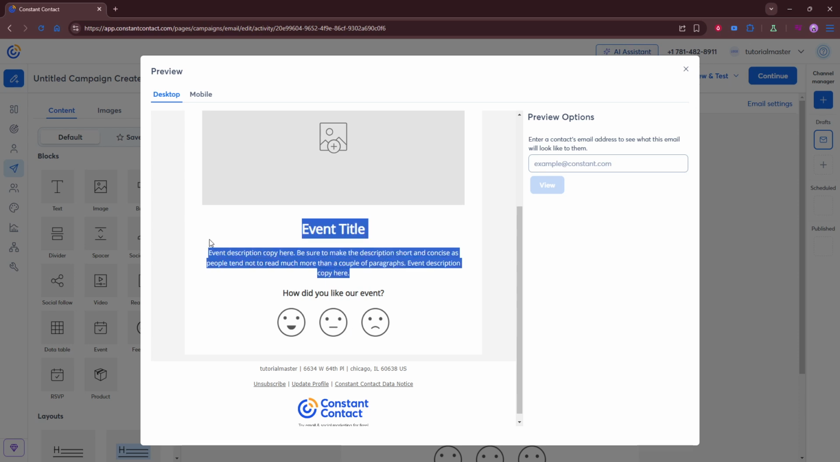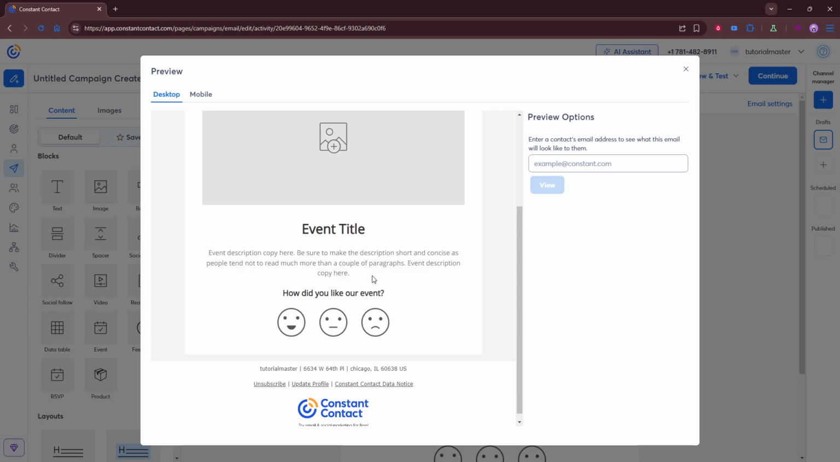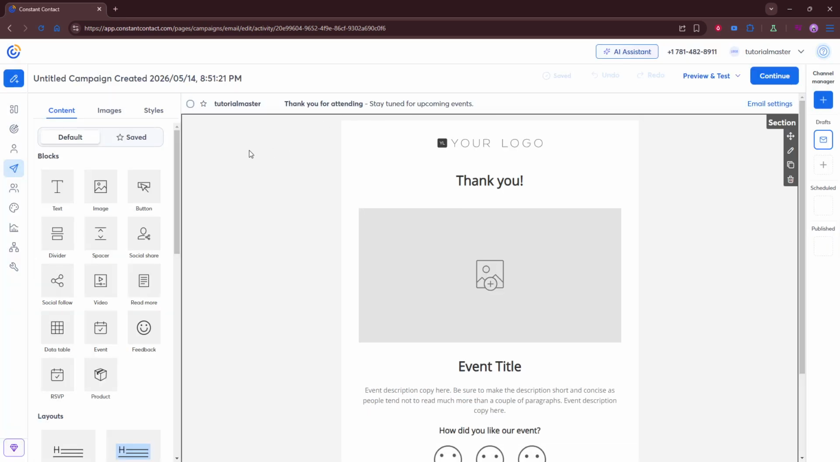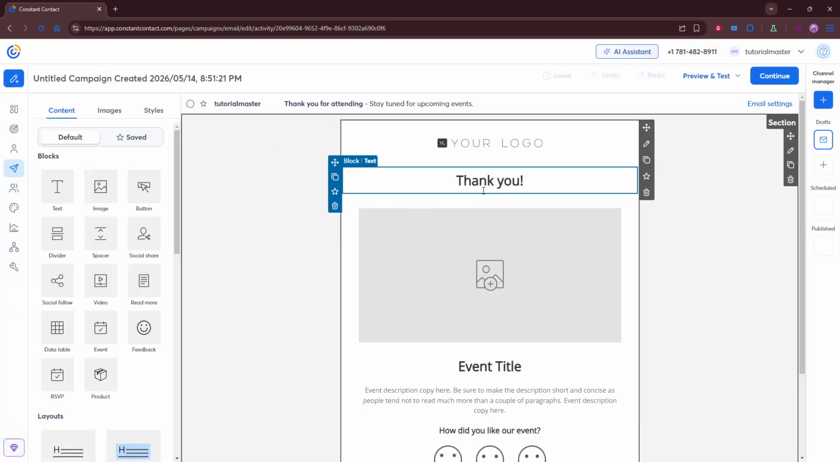Finally, decide how to proceed. You can save your work to come back and refine it. Schedule the email to send at a specific date and time, or send it right away if everything is ready